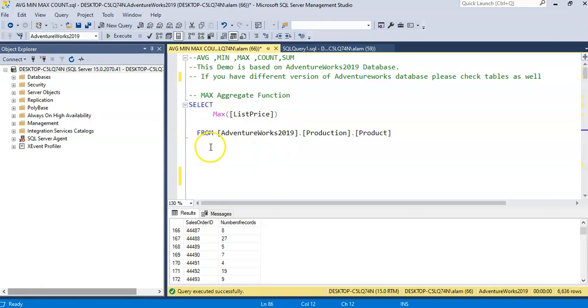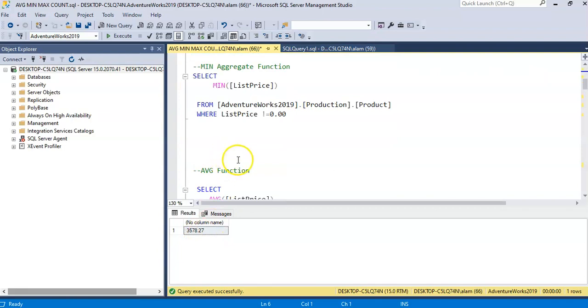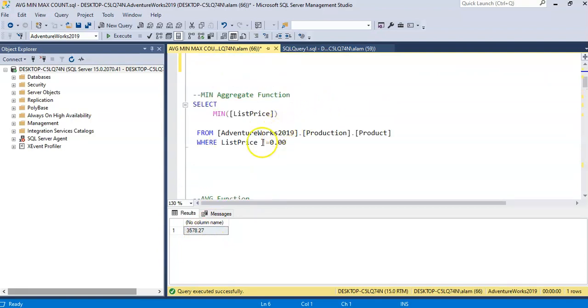Here you can see we're using the AdventureWorks 2019 database. Thank you, Microsoft, for the AdventureWorks sample database. I'm just going to select the maximum list price in the Production.Product table. If I run the selected query, you can see the maximum list price is 3,578.27. And the minimum is the lowest price. I'm filtering out the $0 price, which doesn't make sense, so I'm just ignoring it. If I run this part of the query, you can see